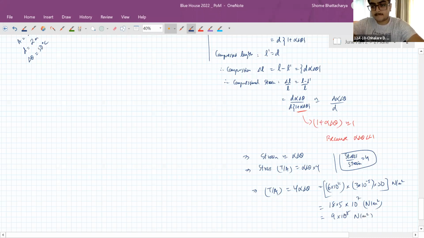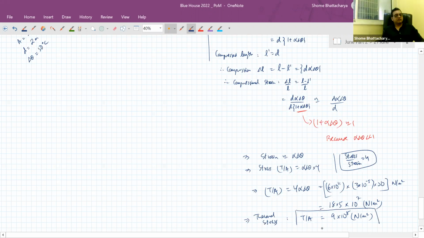Okay. And even though the area of cross section might be small, you will see that it will create a significant amount of tension. So this is the thermal stress developed for a 50-degree change. Now, a 50-degree change is a radical change, but still.